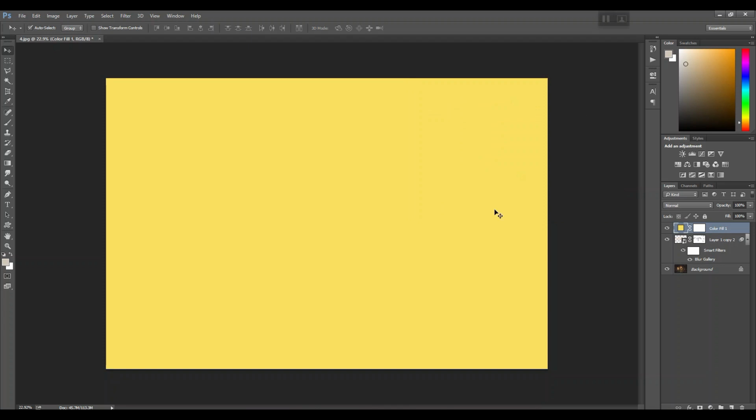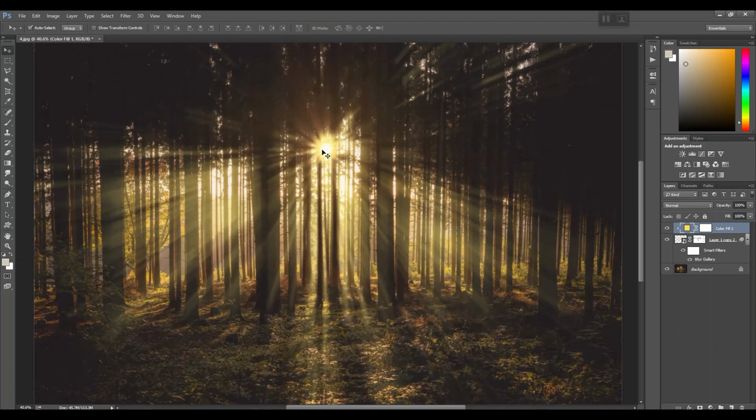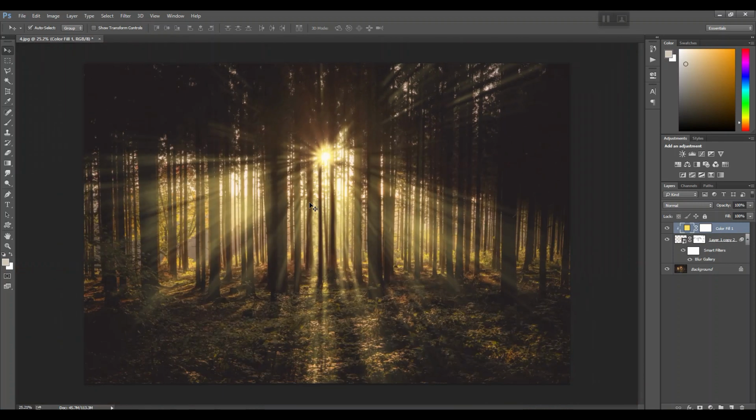Now as you can see, the complete layer is filled with that particular color. So what you need to do is merge both the layers to create that effect. Press Alt and keep your mouse between these two layers, and you can see an arrow icon, that is the clipping icon. Simply click there and you can see both the layers are connected and merged now. So anytime you make any changes to any of the layers, it will be automatically applied to it.